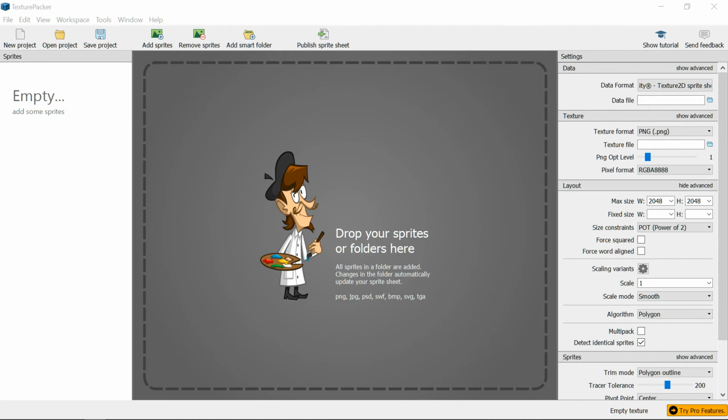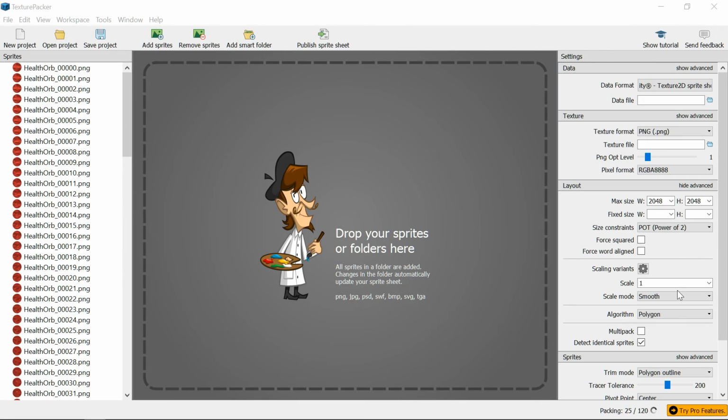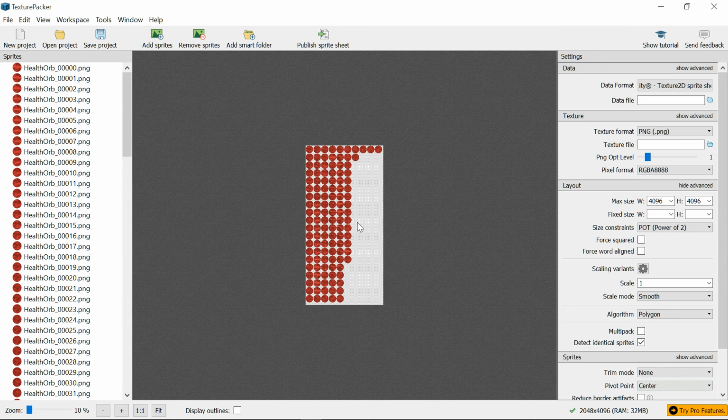All we're going to do now is grab all our sprites. I've got this over on my left hand screen here. Just click and drag all 20 sprites that we've just generated in After Effects and drop them in. We want to select the max size, so if you've got small sprites, obviously it'll fit on a smaller sheet, and we want to trim, and we want to go none. And so you see we've now got a nice orderly sprite sheet,